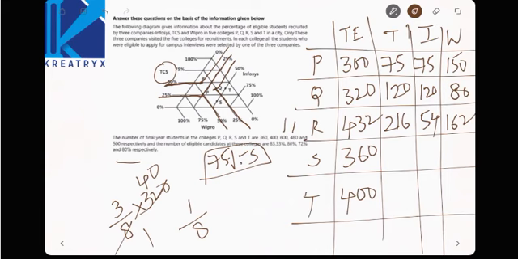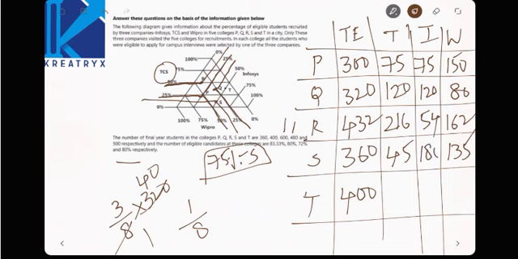Now for S, total 360 were eligible. Now see here, for TCS it is 1 by 8, right? 1 by 8 is nothing but 45. Now again for Wipro it is 3 by 8. Am I right? That is nothing but 135. Wipro is 135. Next, 135 plus 45 is nothing but 180, and remove from 360, 180. Now 180 members will be for Infosys.